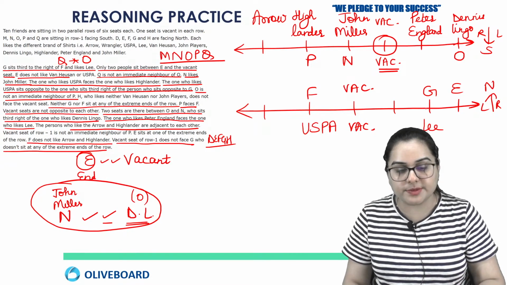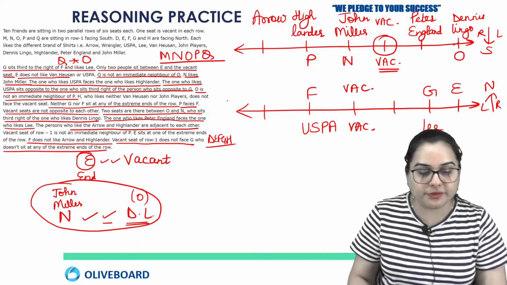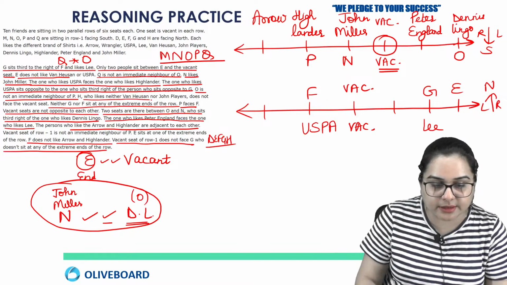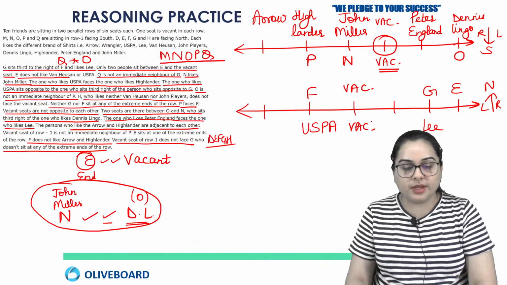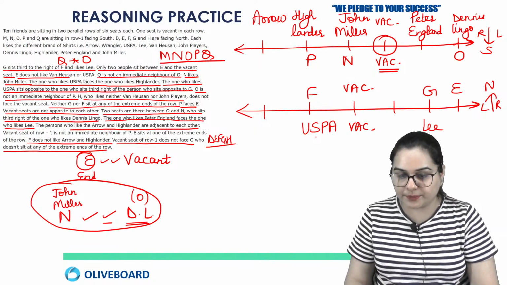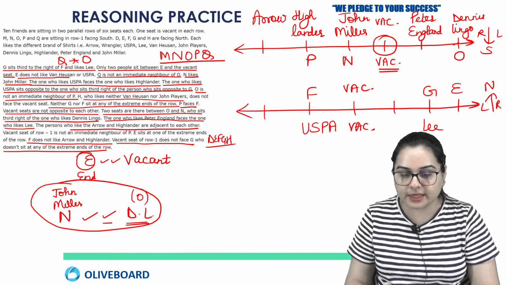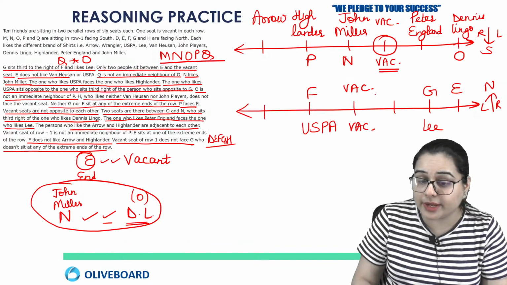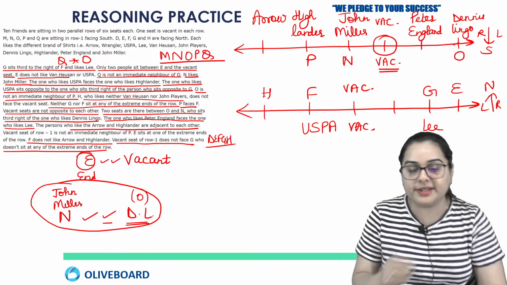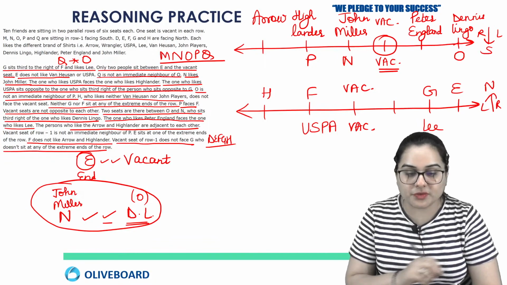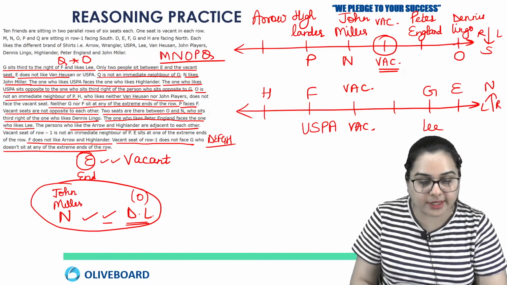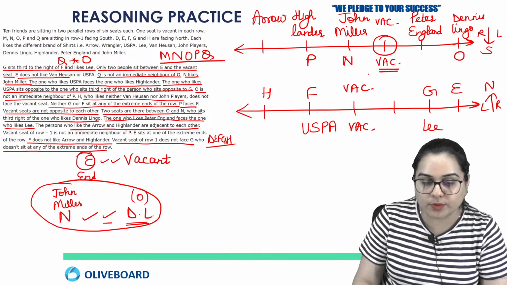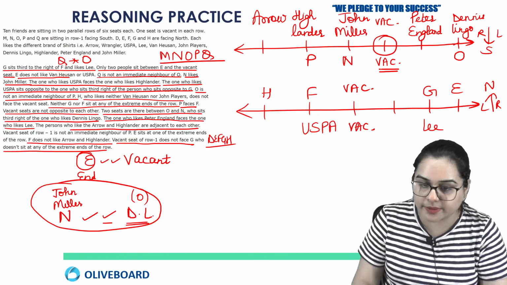So what I'm going to do, I'm just going to simply fill all the rest of the information that has been left. Here you have that H who likes neither Van Heusen nor John Players. About H, he says H is in the second row. So we are going to see later where that can be filled. One more thing, H does not face the vacant seat. Now that clarifies that H will be written here. The vacant seat of row 1 is not an immediate neighbor of P. That is already clear to us.